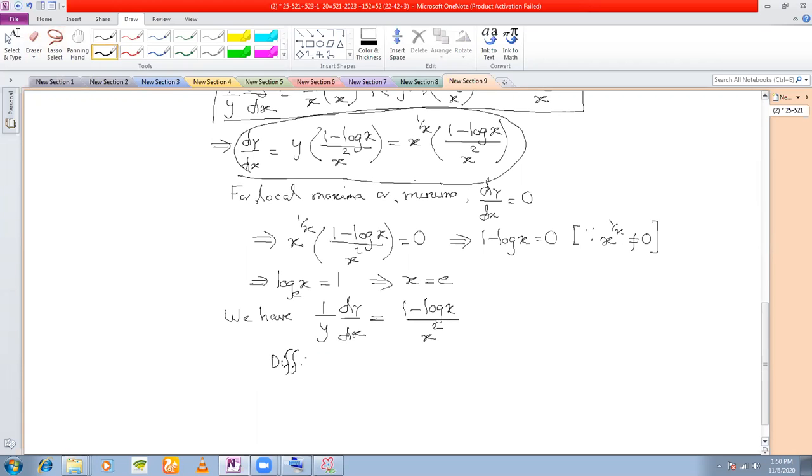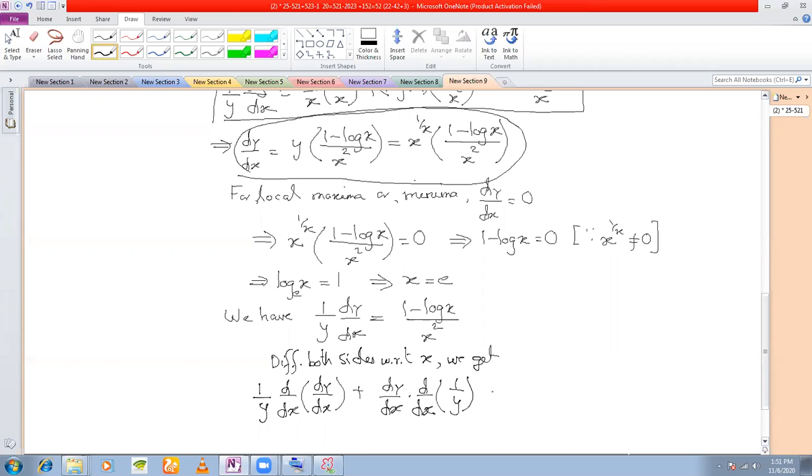Differentiating both sides with respect to x, we get, what do we get here? You use the u into v rule: (1/y) d/dx of dy/dx plus dy/dx into the d/dx of 1/y, right? Which is equal to,